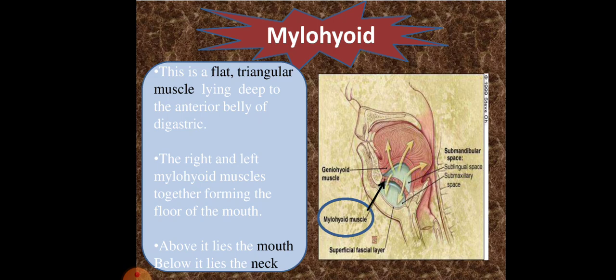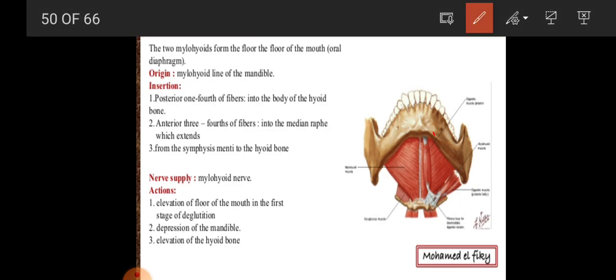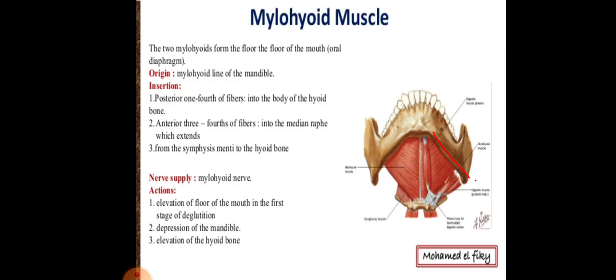They together form the floor of the mouth, and above it lies the mouth, and below it lies the neck. So the two mylohyoids form the floor of the mouth, and it arises from the mylohyoid line of the mandible. In this diagram we can see the origin, that is, this is the mylohyoid line of the mandible on the inner surface of the body of the mandible, and insertion is on the posterior 1/4 fibers are inserting on